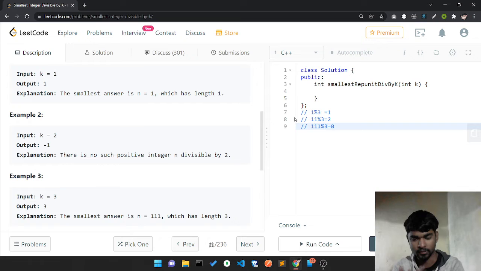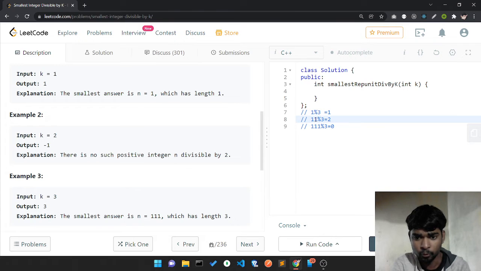Did you notice one thing? When you take a remainder, let's try to confirm more. For 111, we just use the previous remainder for evaluating.